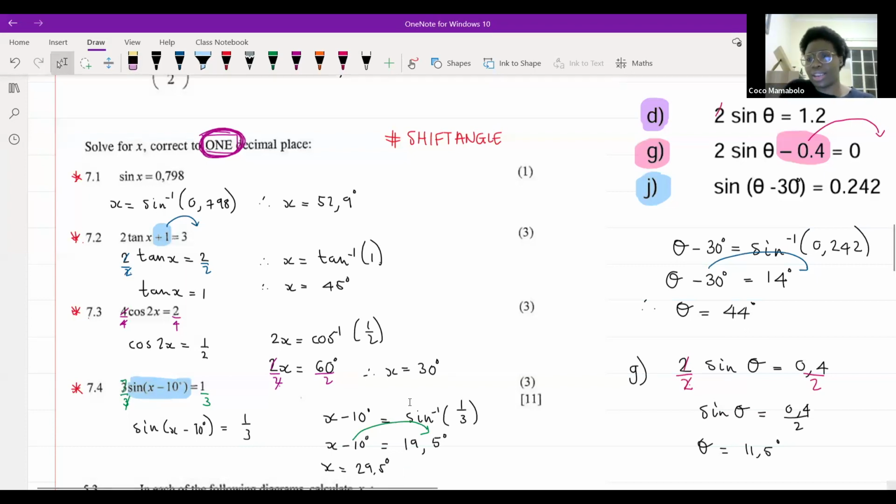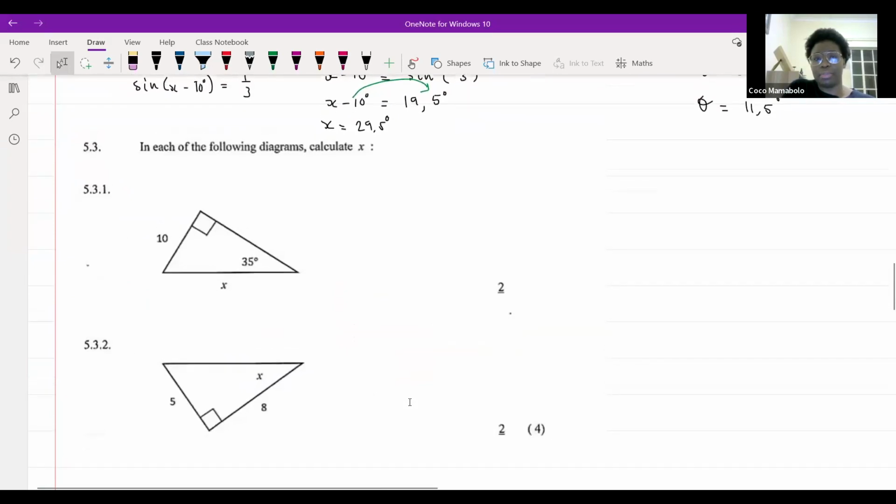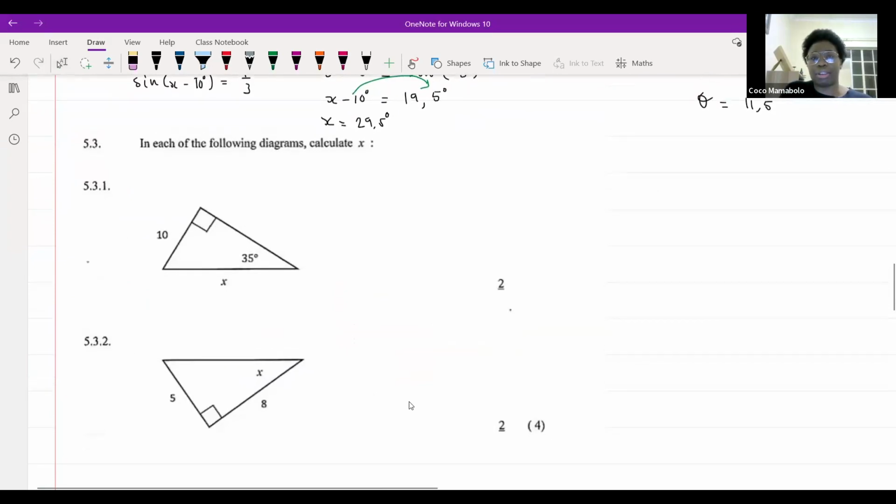All right, here's our next challenge, peeps. 5.3. Okay, in each of the following diagrams, calculate x. Now, when we come to diagrams, we have steps. Somebody remind me of the steps. What's step number 1? Label, absolutely. It's label. What is step number 2? Okay. Good, Emmanuel. It's the have versus the want, right? And step number 3,